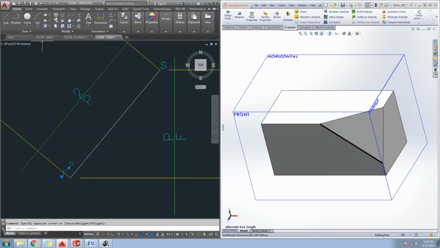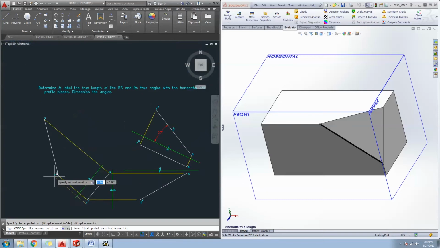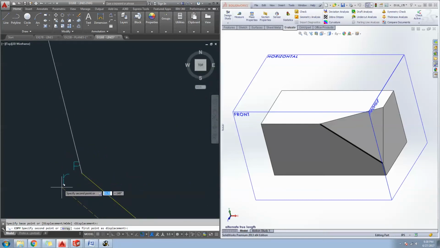Can't even read that text right there. Sloppy drafting is what that is. So we'll move that guy down there. Fix that guy up. Copy this point so it kind of sits. We'll put it over there this time. And we'll adjust the superscript so that it reads